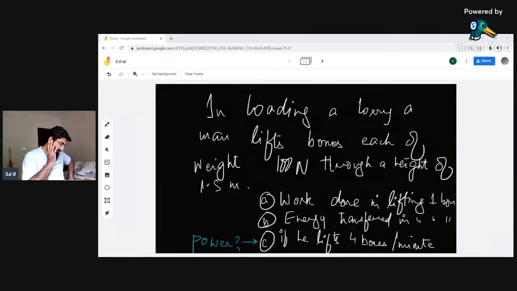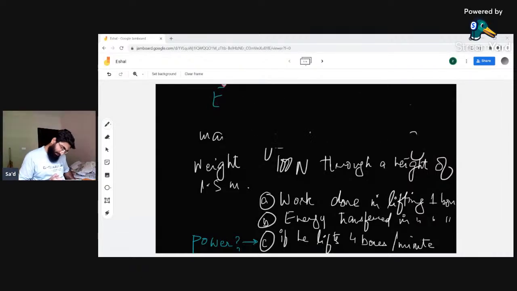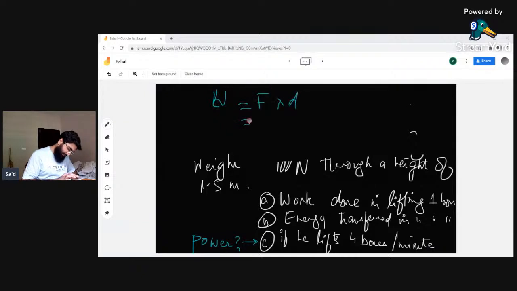Yeah. Okay. So what do we do here? We look at how energy is coming, or how the work done is coming. Force into distance, W is equal to F times D, which is 100 into 1.5, so it comes out as 150 joules. And then power is equal to work done per unit time. So work done I've got 150, time I've got 1 minute, which is equal to